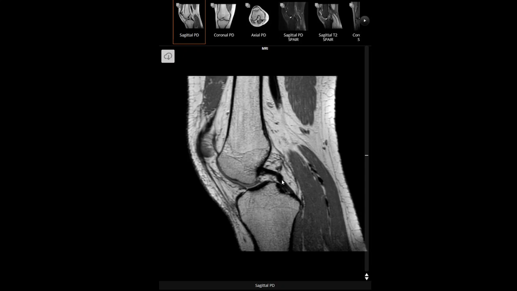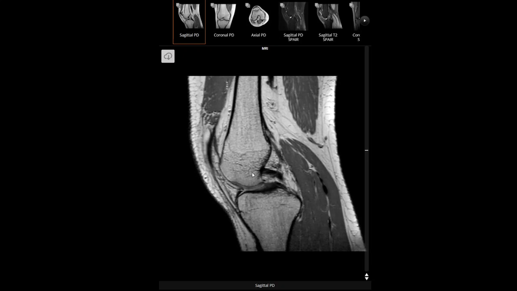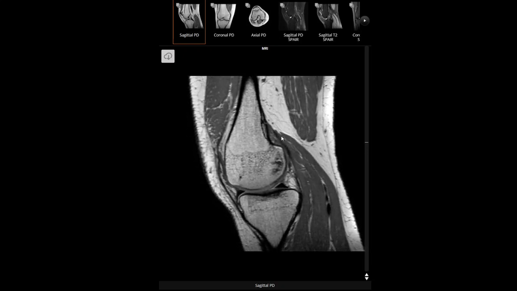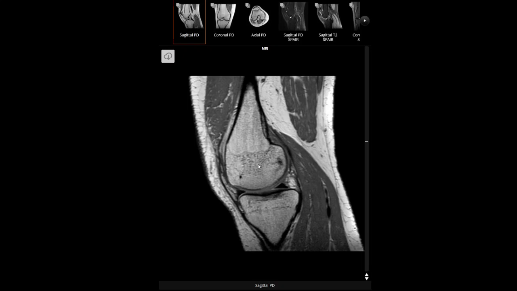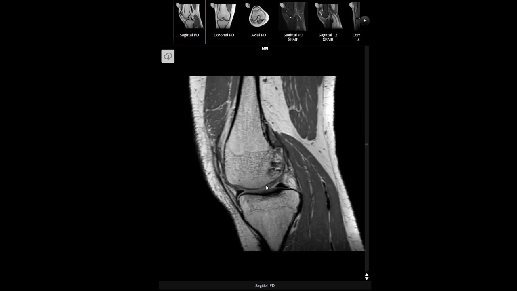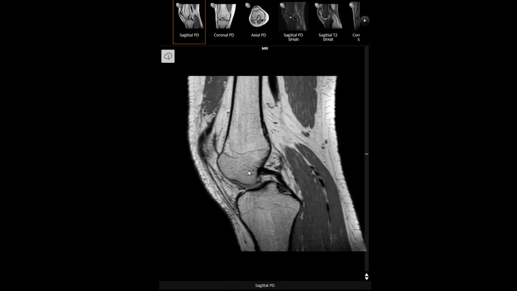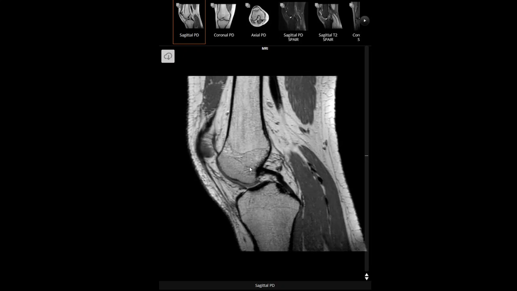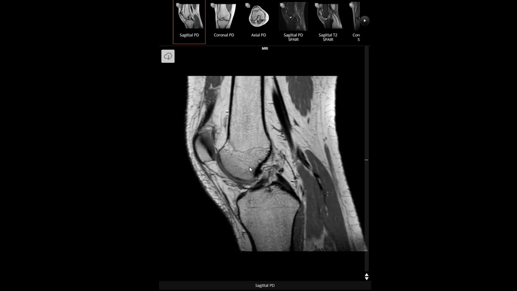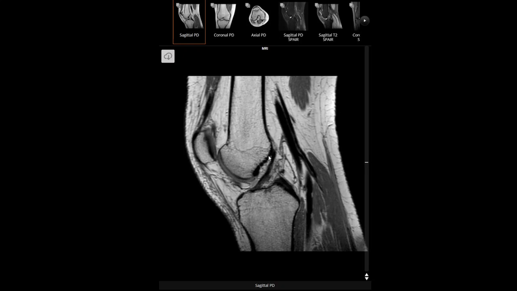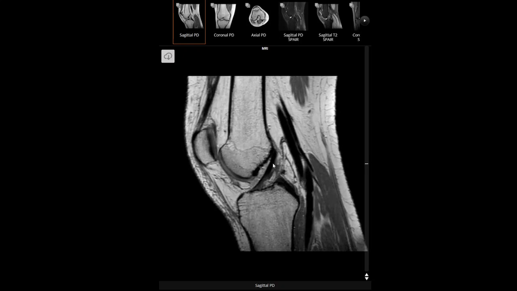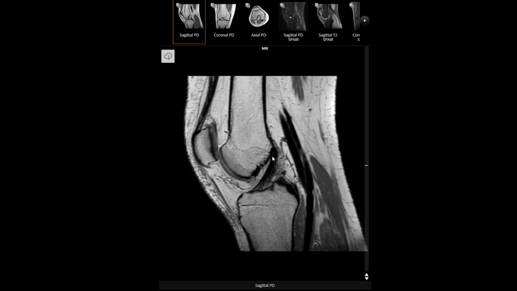Now again, if I move the plane of section towards the lateral side, right? So this was the medial condyle of femur. Now if I start moving it towards the lateral side, this is the lateral surface of the medial condyle, where the posterior cruciate ligament is attached. Now this is somewhat the intercondylar part of the femur. Then keep moving laterally. Now we will reach the medial surface of the lateral condyle of femur, and what is attached on its posterior superior part, that is the anterior cruciate ligament. Here you can see the anterior cruciate ligament is going downwards and forwards and slightly medially also.